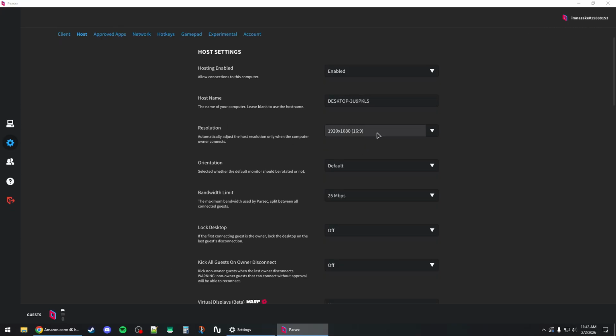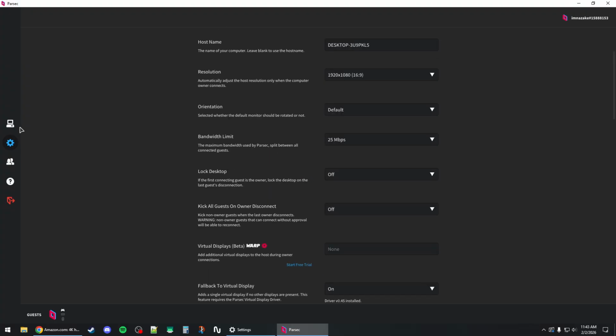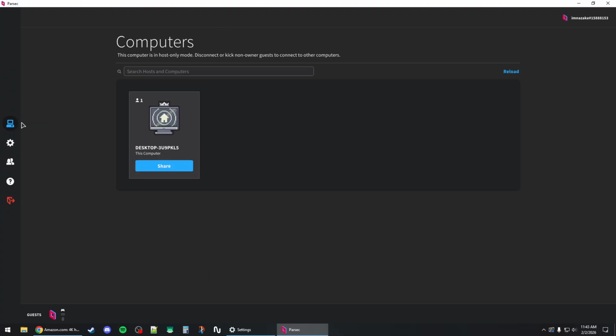And once you change that, you can basically scroll down and find the FPS as well, and you can either keep it the same or lower if you want to lower the FPS. And now you want to go back to the computers tab and just connect to the host computer, and the resolution should change, and it should use the host resolution, which is 1280 by 720 or any resolution you've set